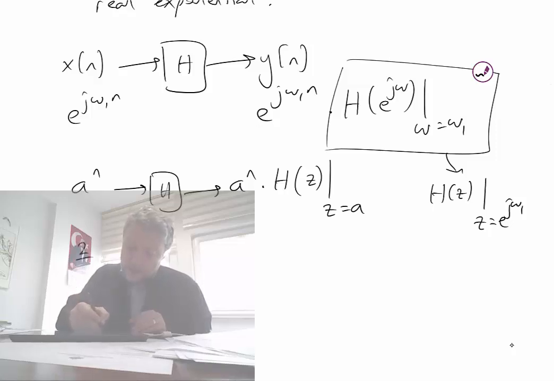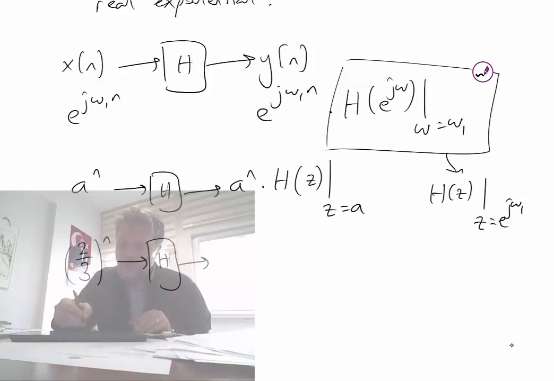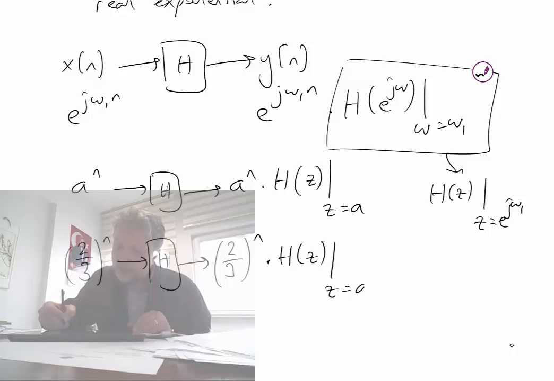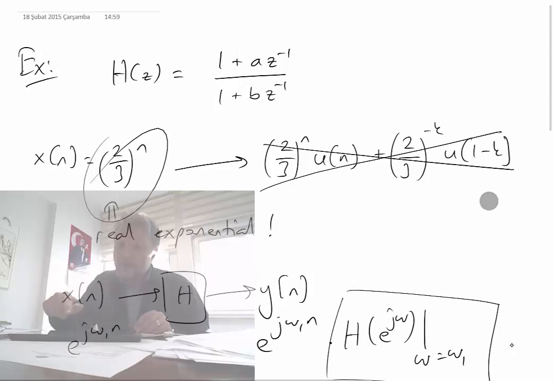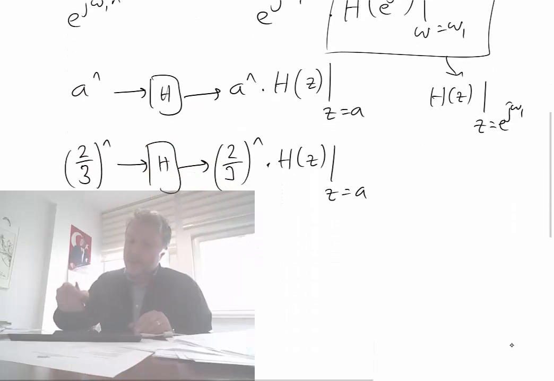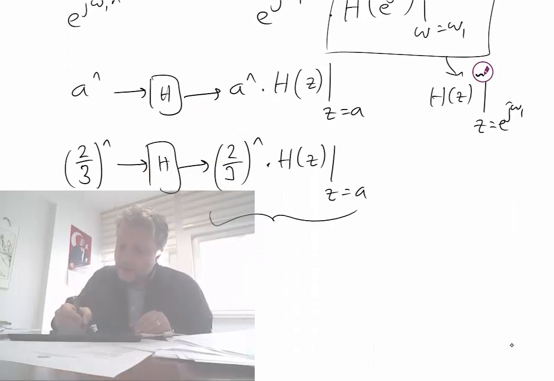So if 2 over 3 to the power n, an exponential with a parameter of a, goes into a linear and time invariant system, discrete time system of course, then the output is quite simply 2 over 3 to the power n times h of z at z is equal to a. So what was h of z? Let's look it up. It was 1 plus a z inverse over 1 plus b z inverse. Alright, no problem. Then this would be 2 over 3 to the power n times 1 plus a z inverse, z is equal to a, so that is